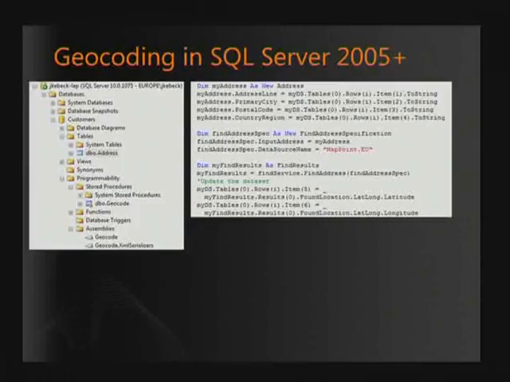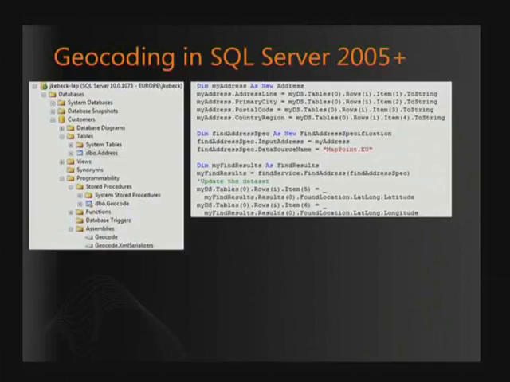Another really big advantage is the platform that we can use with the MapPoint Web Service. What you see here is an example where I created an assembly in SQL Server 2005 to add geocoding capabilities directly within the database. So this is still a hot topic, and in SQL Server 2008 we will not have solved this issue. In SQL Server 2008 we have a lot of spatial functions, 76, but there is no geocoding in the database. So what we can do here is,